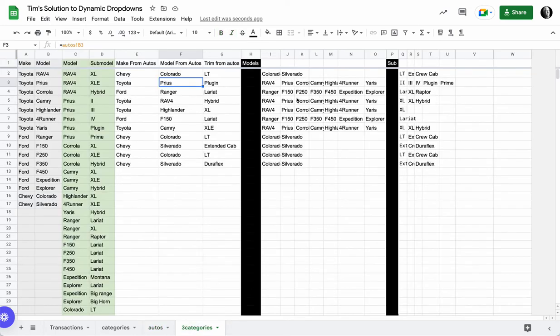Again, we're doing that with these queries, the transposing of the queries. So when we query A2 to B, that would be this data. When we're querying that data, we're selecting B, we're selecting the model where A is equal to the make. And so then we have the list of the models that are available, Colorado and Silverado. When you choose Toyota, you have all of these models. And then the same thing is extended out here,